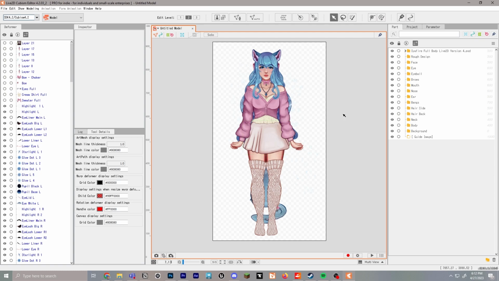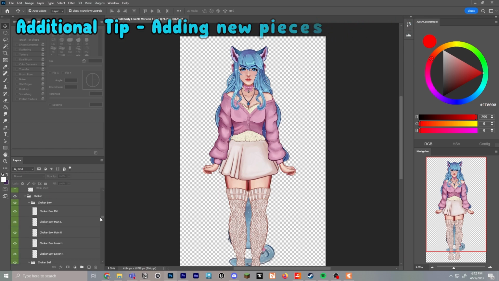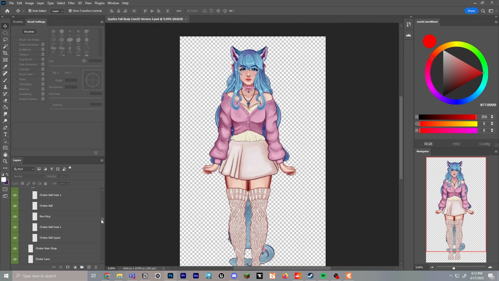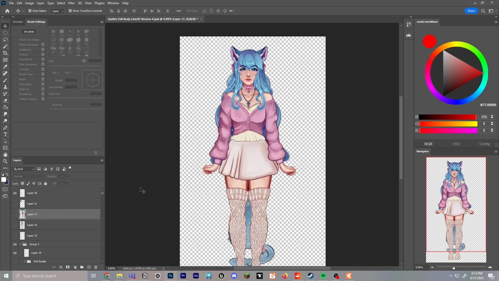Fantastic. Now that we have everything in and ready to go, we can start organizing our layers. Now before you do that, I know many people ask, what if I have additional clothes or items or accessories I want to add? Now I have some of those here, as well as face expressions turned off in my Photoshop layers. I even have additional outfits. This is the other outfit that I have separated into its own parts, as well as a different hairstyle.